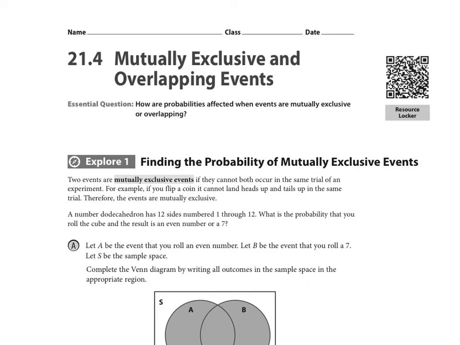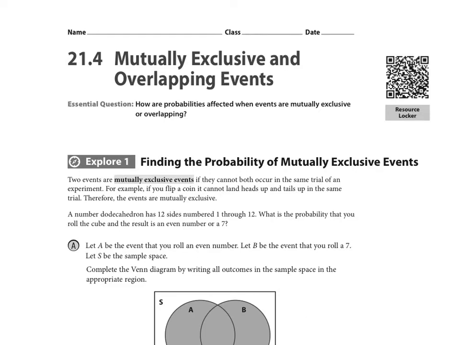We're going to be working with what's called mutually exclusive and overlapping events. Depending on which type of events we have, we're going to calculate the probabilities throughout this section a little differently. So our first video here is working on page